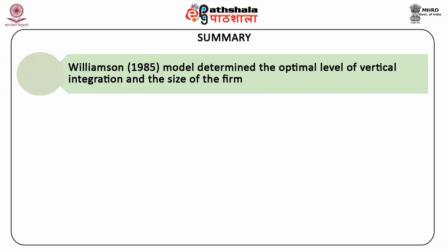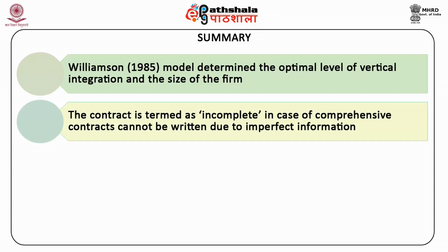The model distinguishes between technical efficiency, which indicates whether the firm is using the least cost production techniques, and agency efficiency, which indicates the extent to which the firm minimizes coordination, agency, and transaction costs. The contract is termed incomplete in case comprehensive contracts cannot be written due to imperfect information. It enables them to have control over the opportunistic behavior of one partner on the other partner by withholding